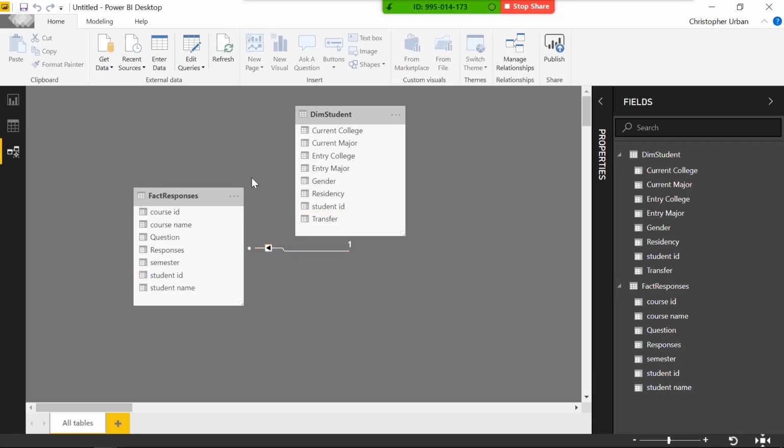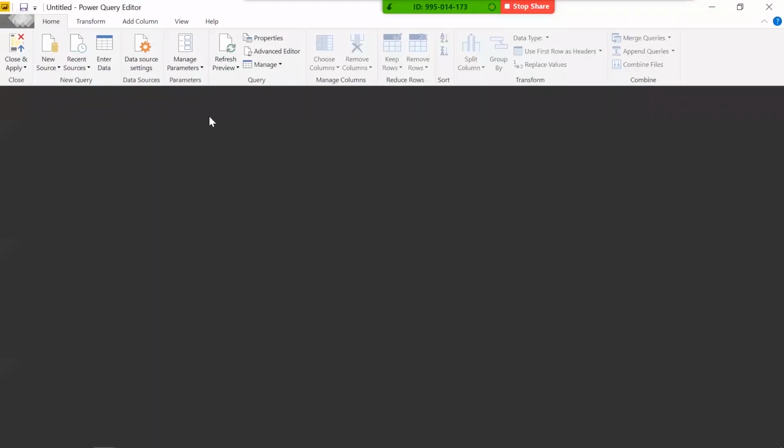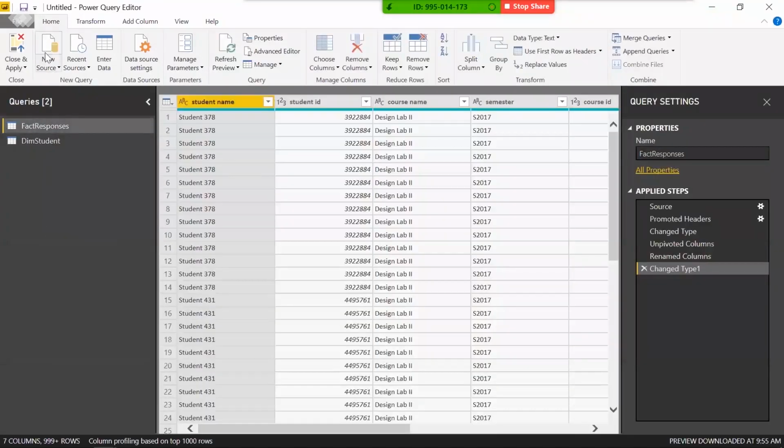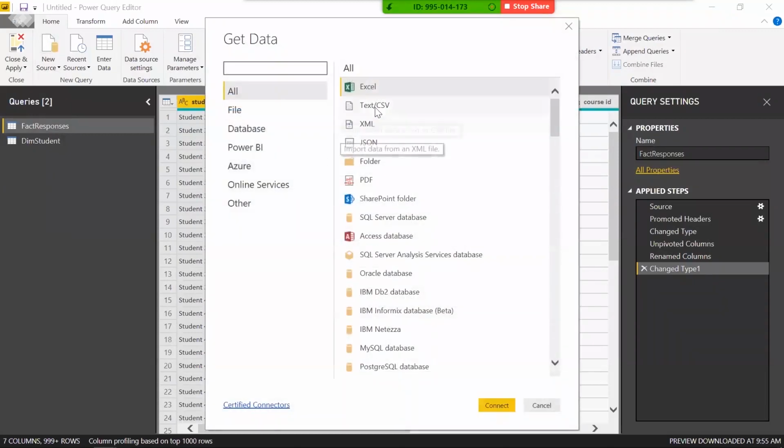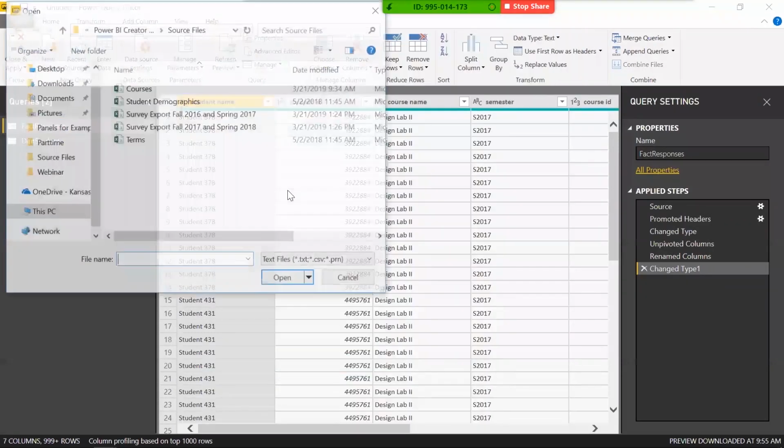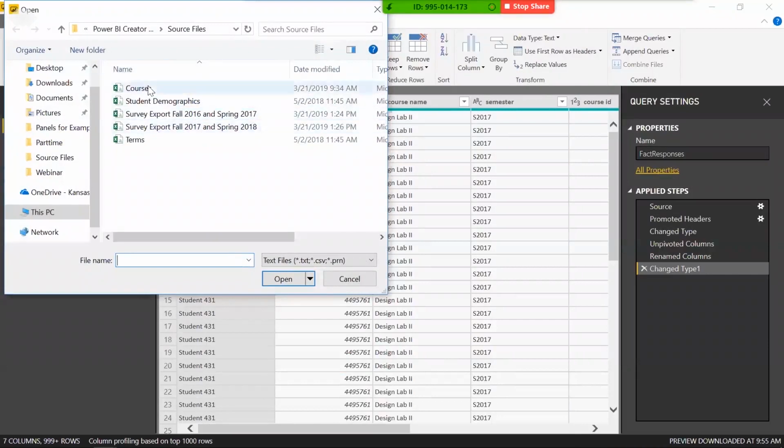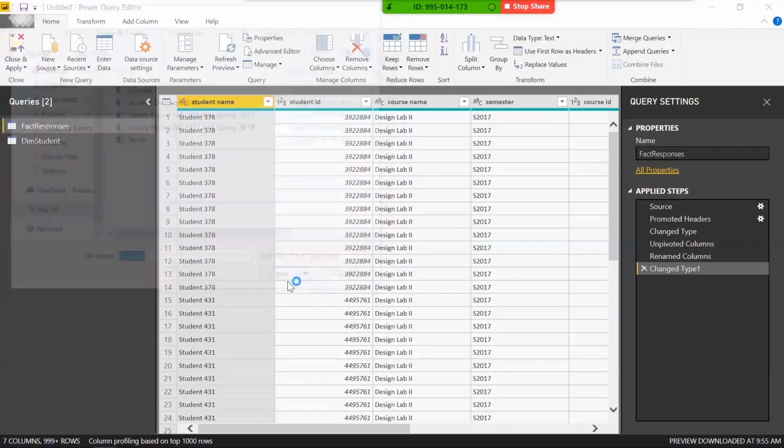All right, so we brought in our student table. Now we need to continue on and bring in some other dimensions. So again, to do that, we'll go back to the query editor by clicking on Edit Queries. And then we'll click on New Source again and bring in another text CSV file. And this one, we'll bring in our list of courses